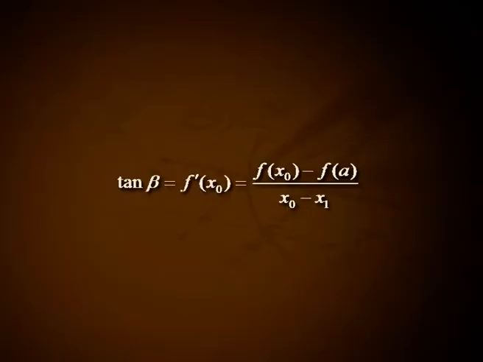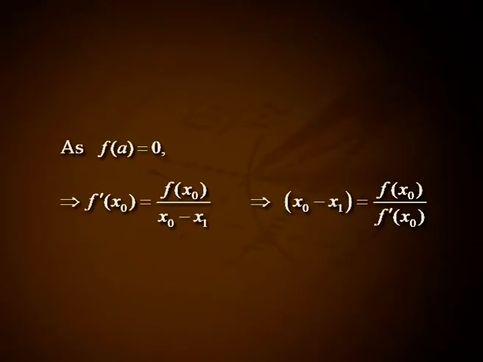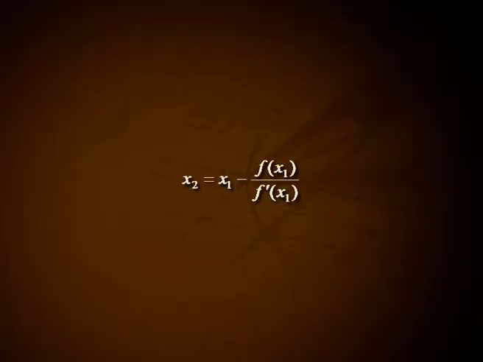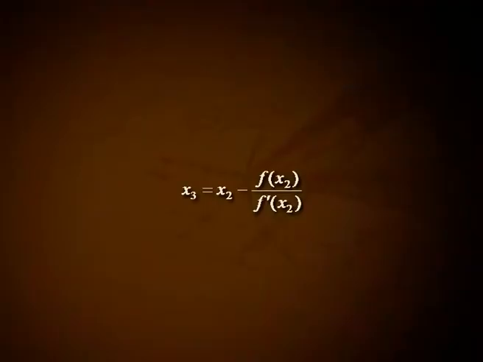Now tan beta = f'(x0), that is equal to (f(x0) - f(a)) divided by (x0 - x1). As f(a) = 0, this implies f'(x0) = f(x0) divided by (x0 - x1). This implies x0 - x1 = f(x0) divided by f'(x0). Hence, x1 = x0 - f(x0)/f'(x0). In the second step, we compute x2 = x1 - f(x1)/f'(x1). In the third step, we compute x3 = x2 - f(x2)/f'(x2)